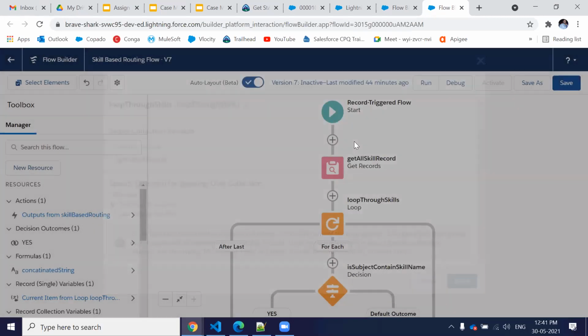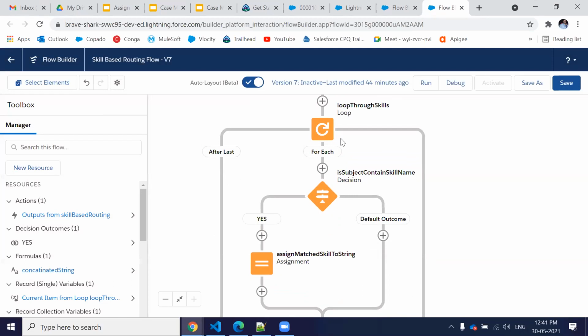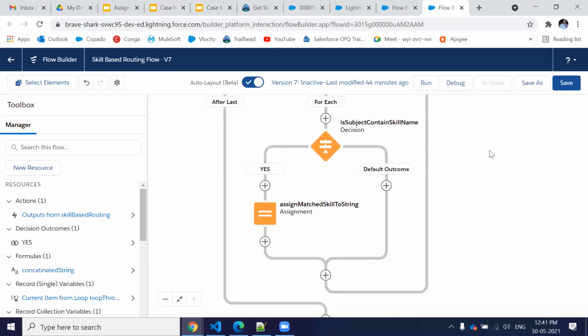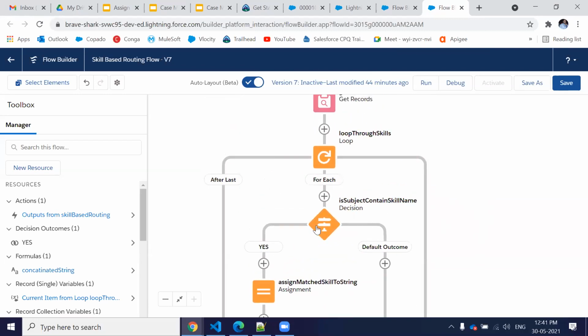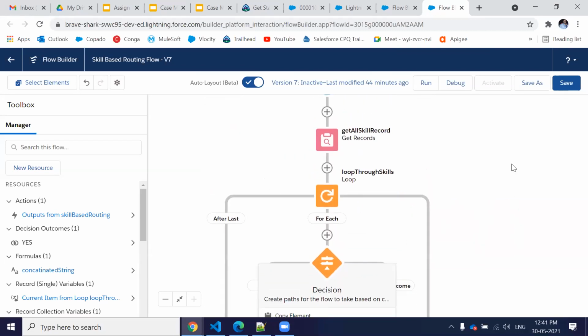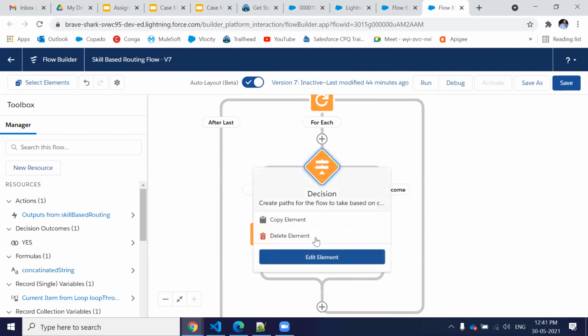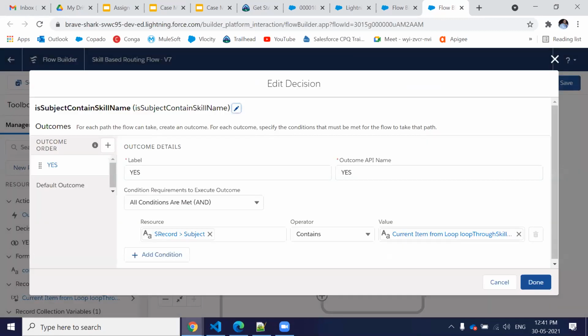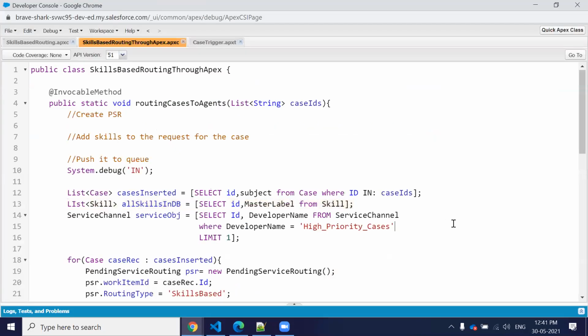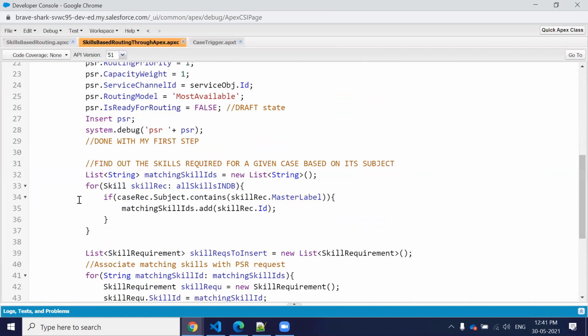So I have used the loop to iterate over the skills, and then I have to check whether my case subject contains the current skill name or not. The same thing which I have done here, this line where I'm checking that my case subject contains the current skill label, master label.